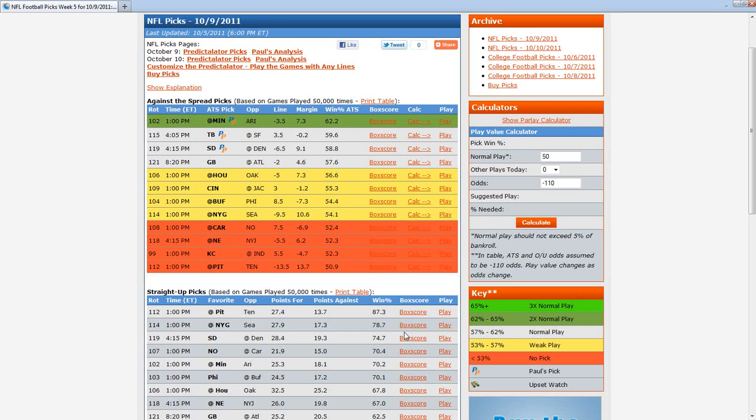If that line changes, if the public mind changes, and it's not due to a significant injury or roster move that would force us to update the pick, then you might need to take the game into your own hands and play it yourself. For the second video, the upcoming video, we'll show you how to best do that and how to get the best information possible when those lines do change.